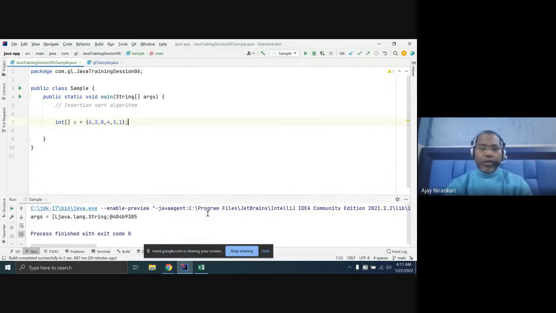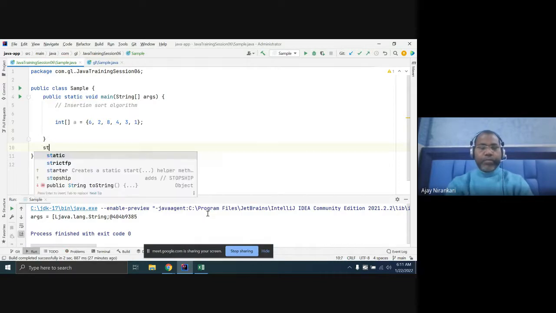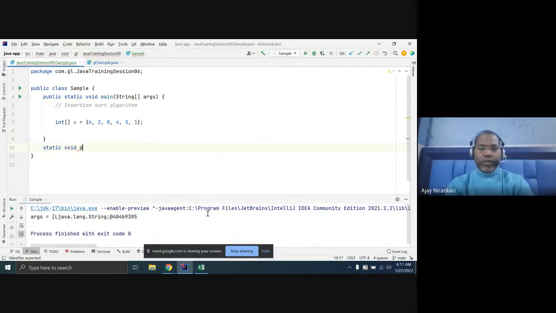As usual, for printing the array, you write your own method, print array.